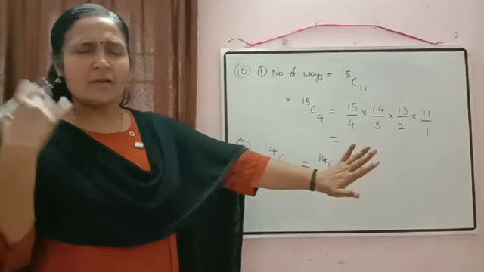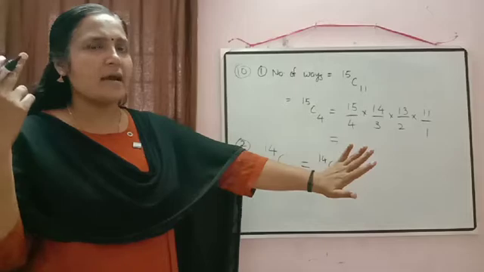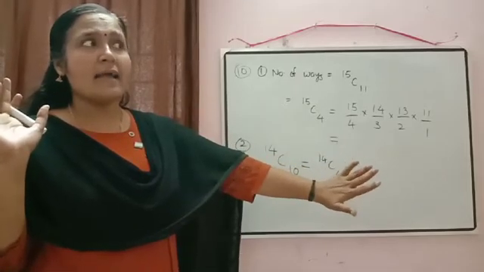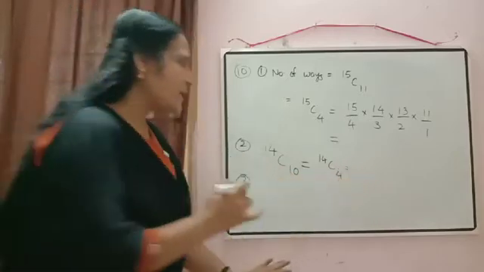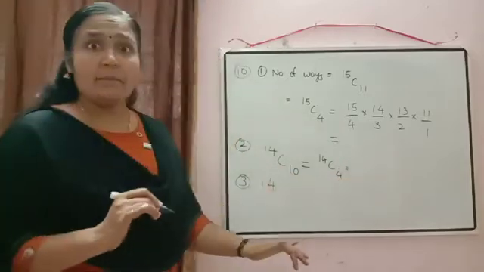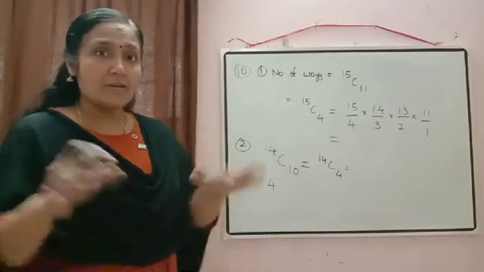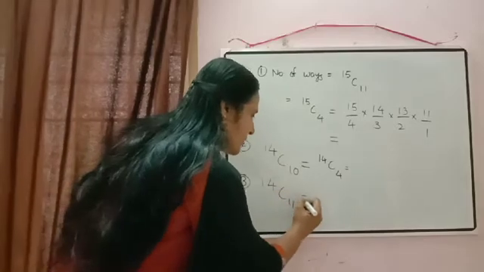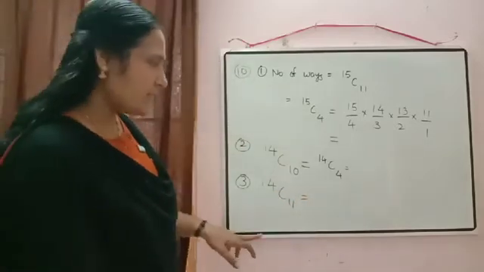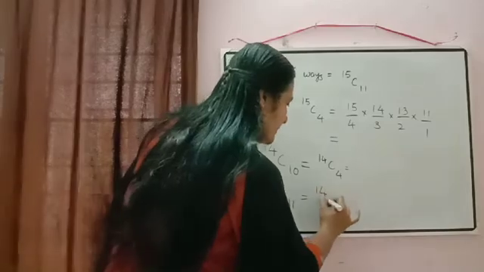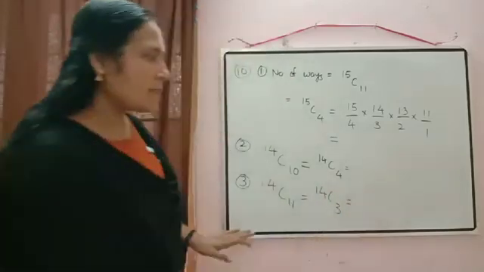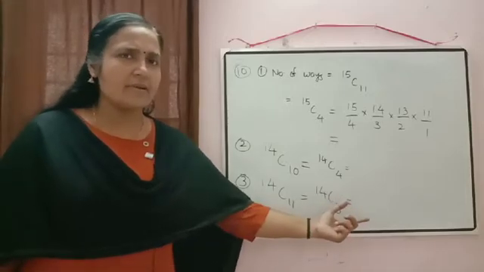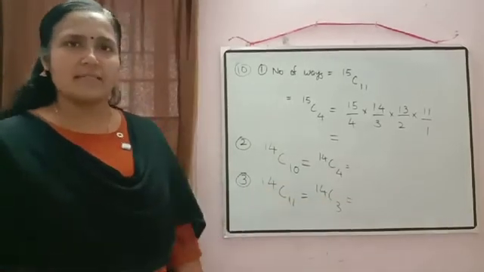I will not select him. So in my mind, how many players are there? Not 15, because one player I have already rejected. So in my mind I have 14 players only. And how many players do I need to make a cricket team? I need 11 players. So it will be equal to 14C11. Again 14C11 can be written as 14C3. The next calculations you can do by yourself. I think it will be easy for you to calculate after that. Just check the calculation.